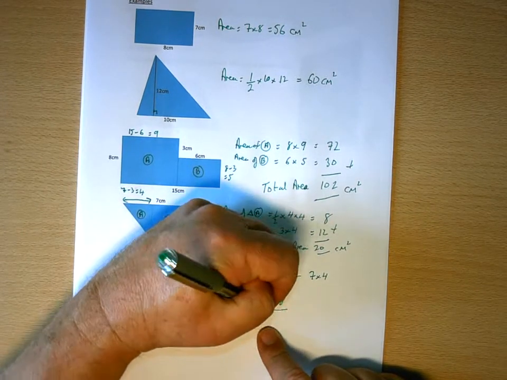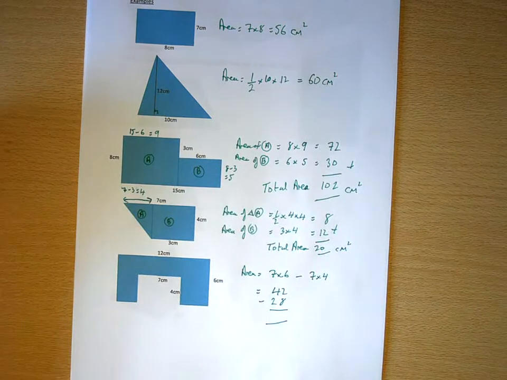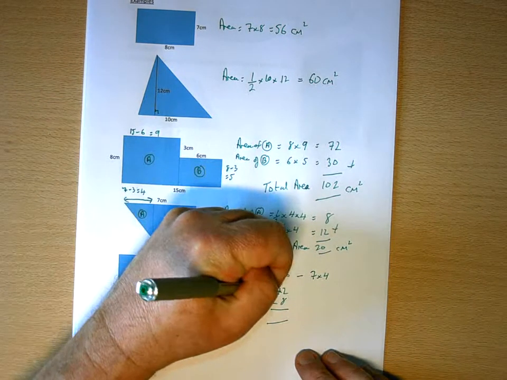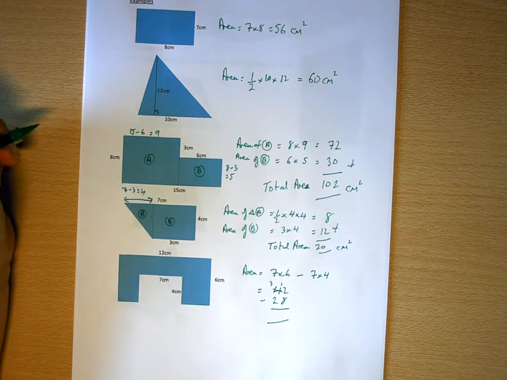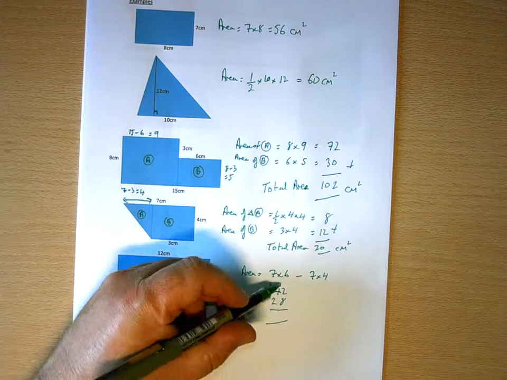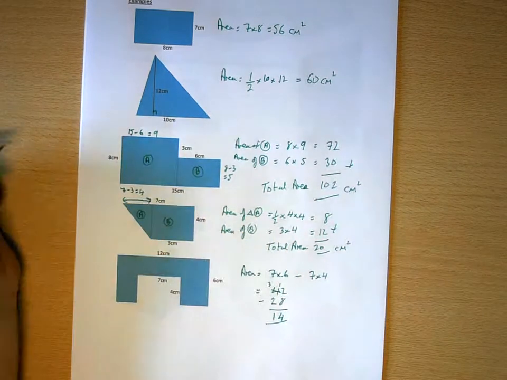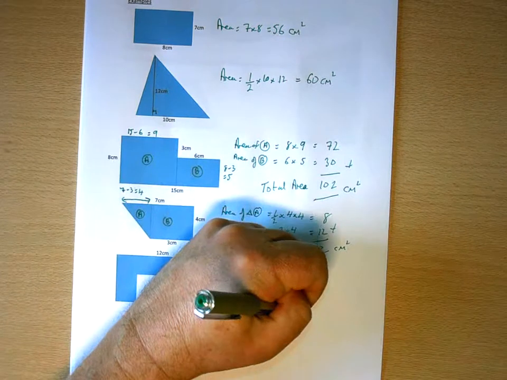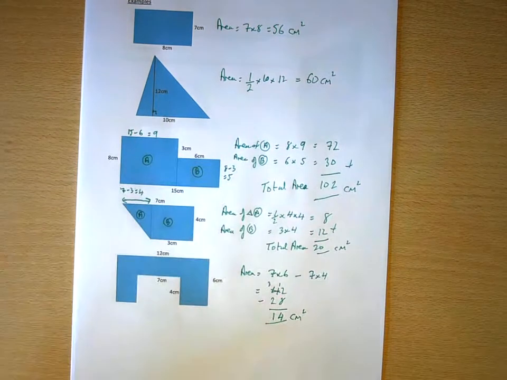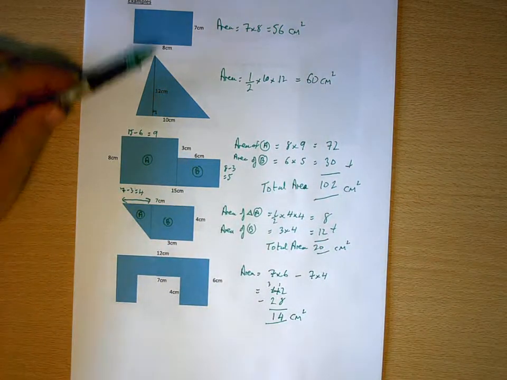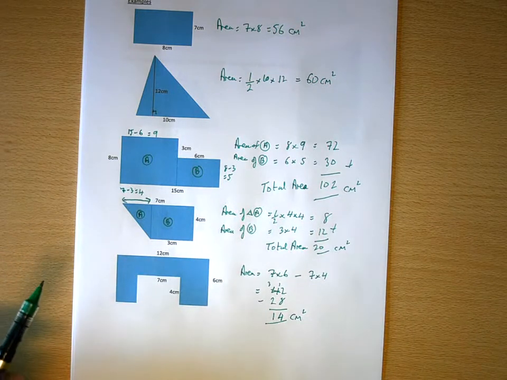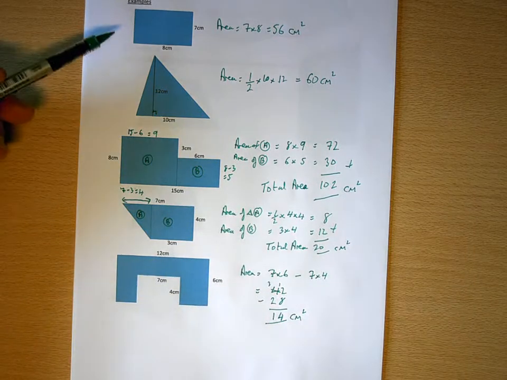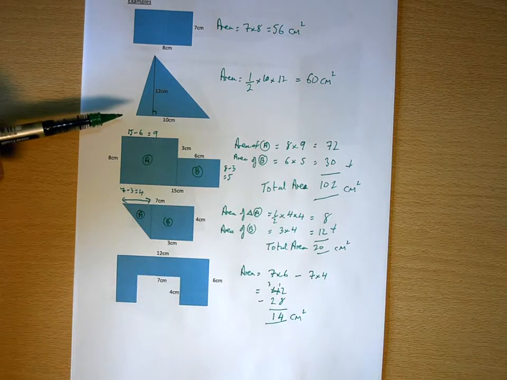Take away 7 4s, which are 28. I can't take 8 from 2, so I have to write it as 3012 rather than 42. That leaves 4 and that leaves 1, so the area of the shaded region is 14 centimetres squared. So that's taking us through really the grade E type questions, where we're working with just basic